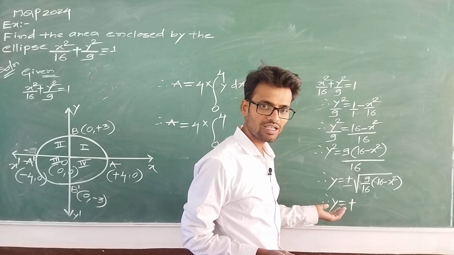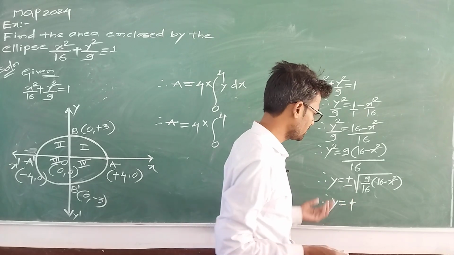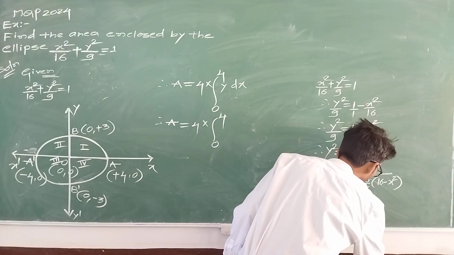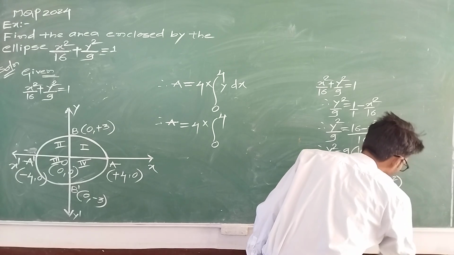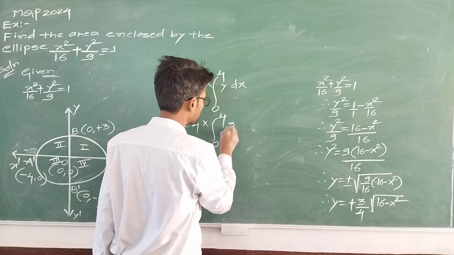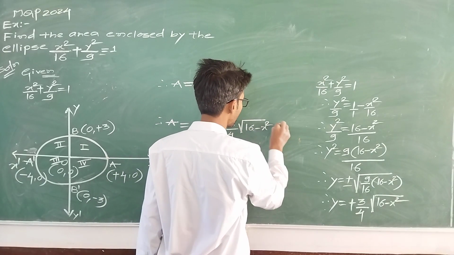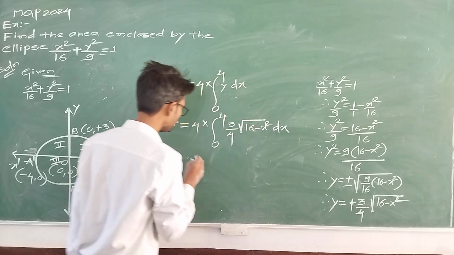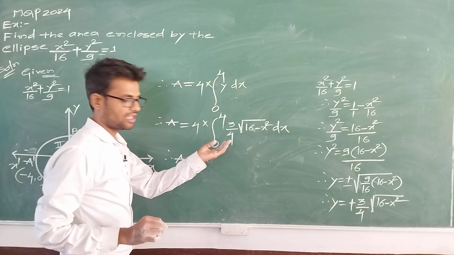So 9 by 16 is (3 by 4) whole squared, and you take 3 by 4 outside. It becomes 3 by 4, and inside the square root we get 16 minus x squared. So I will write here 3 by 4 times the square root of 16 minus x squared into dx. So therefore, area A equal to 4 into, you take 3 by 4